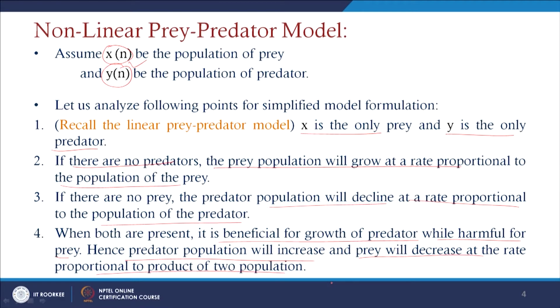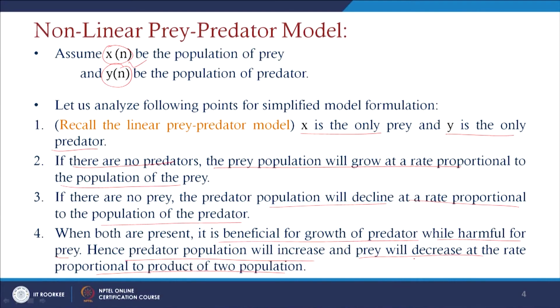Individually, if one tiger can eat 2 deer at a time, then we can assume the deer population will decline very fast. But the tiger population also depends on how many deer are present in that scenario. That is why we assume that the decline rate or growth rate depends on the product of both of these two populations.